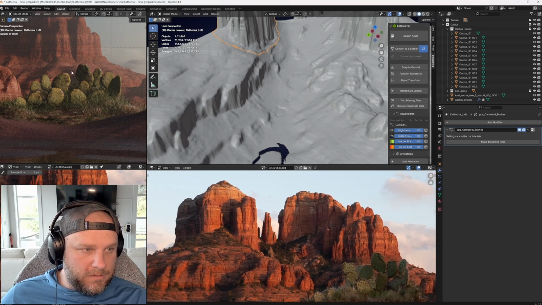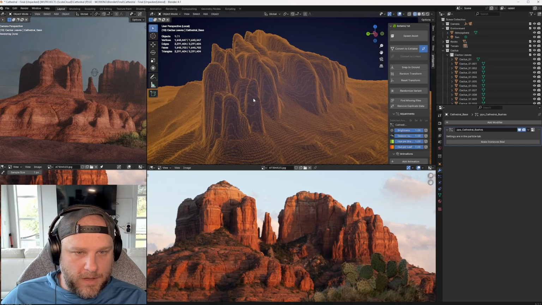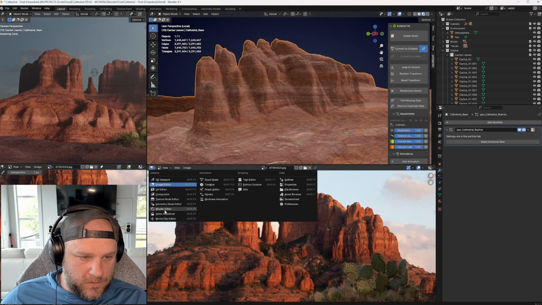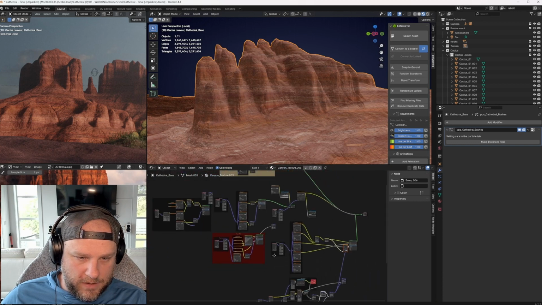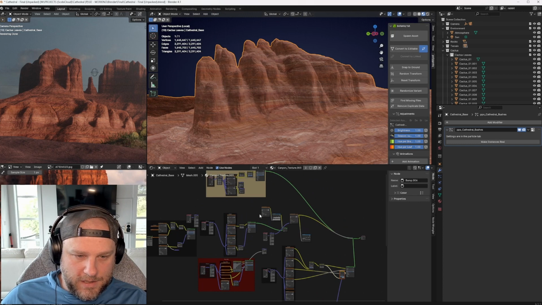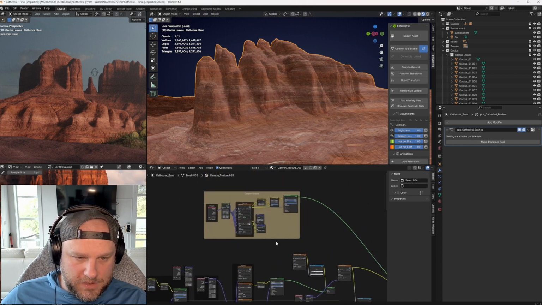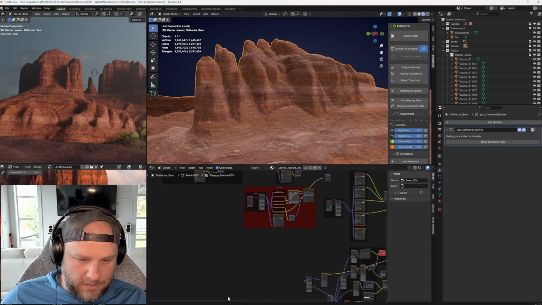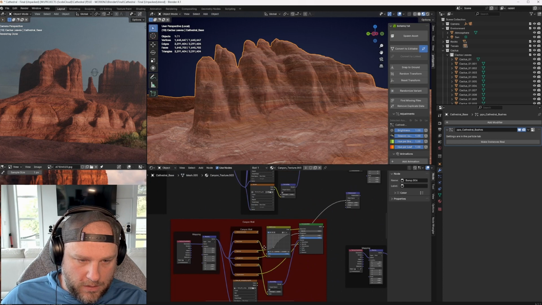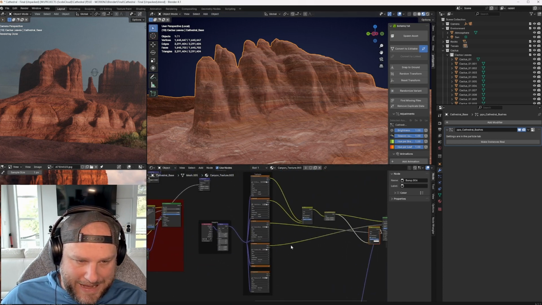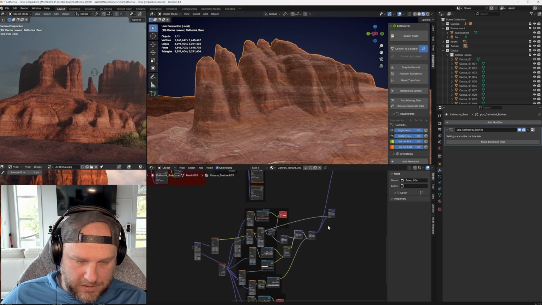So I tried to reproduce that as much as I could. I started with that, and then if you go into the shader, you're going to see a very complicated shader network. And I won't go through all this. It's not a full tutorial, but the basic idea is, you have one for the ground, you have another one for the wall, which is this part,